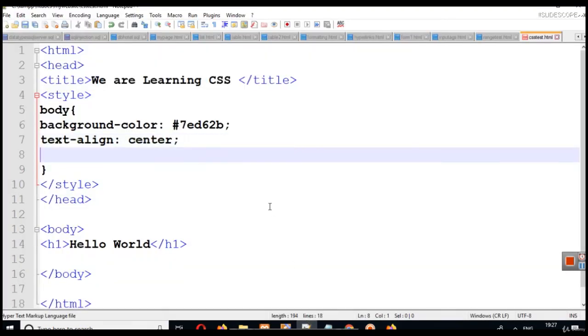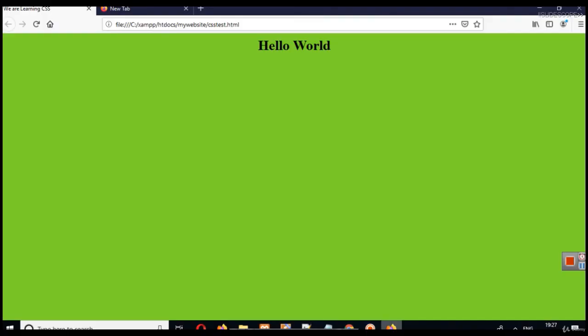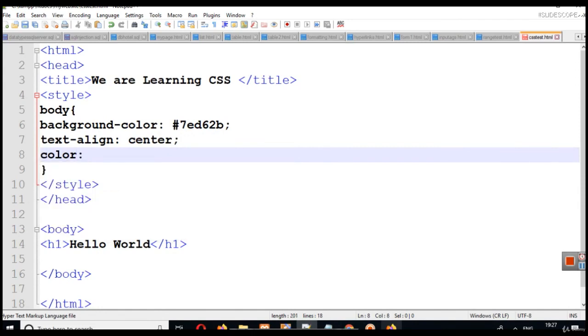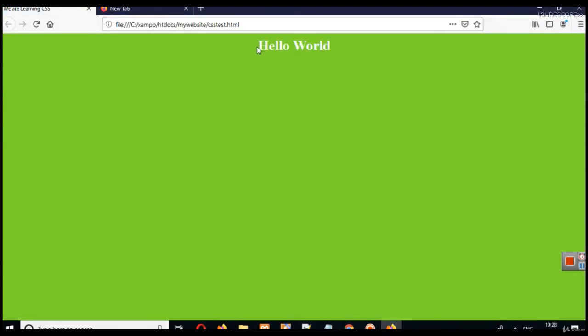Next, if you want to change the default color of your font, you can change it by simply using color. We don't write something like font color, we write color. And when you write color and hashtag FFF, 6 times F is the color for white, and 6 times 0 is the color for black. So now if you reload this, you can see that our font has become white here.